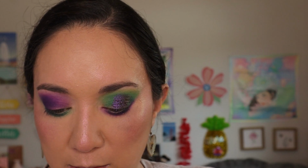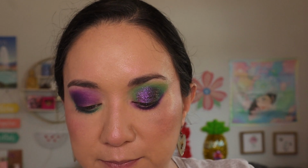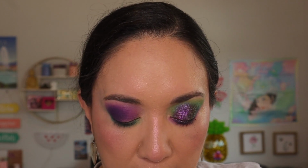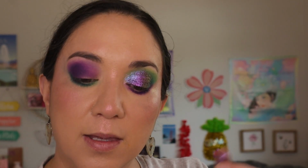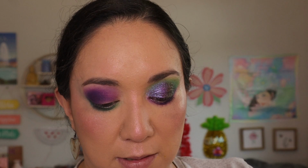Should we maybe go into this one, Aphrodisiac? This one definitely is one of those shifty shades. Oh yes, this one's a little bit on the smoother side. And then what should we put in the inner portion? Oh, no, that's on the deeper side. Maybe Liberation. Ooh, this has kind of a blue shift to it. I'm going to put that on. Ooh, it gives an interesting blue element to the front portion. Okay, that's totally fine. And then for the final step, I'm going to take Potion, the iridescent shade